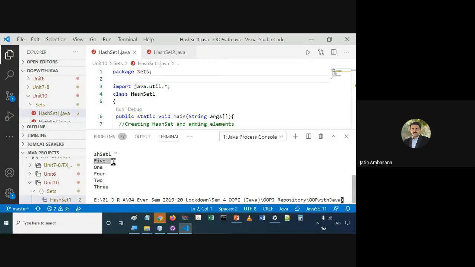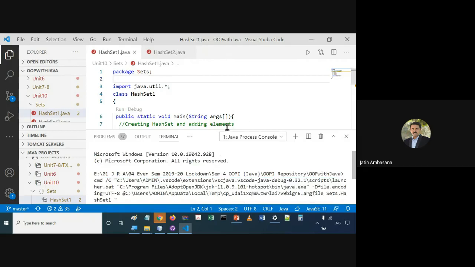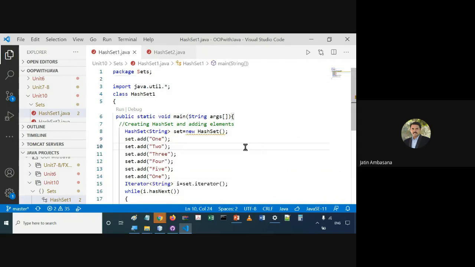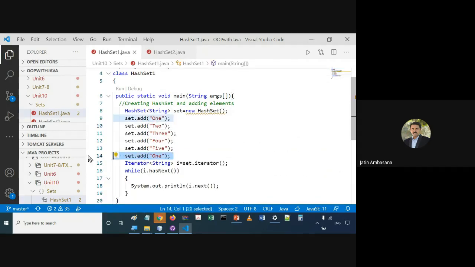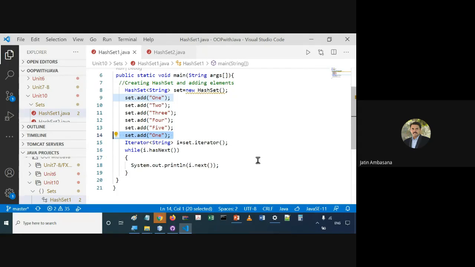That's why you see over here 5, then 1, 4, then 2 and 3. Sets do not have any ordering, but they do not allow duplicate elements. So one was added again, but that is not actually added to the set. We tried to add one again, but it is not added because it does not allow duplicates.